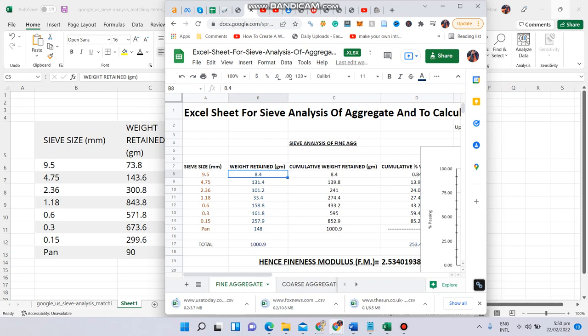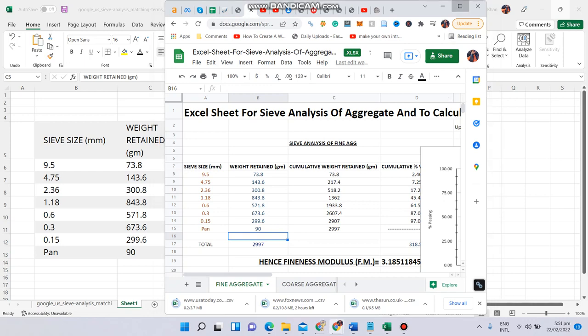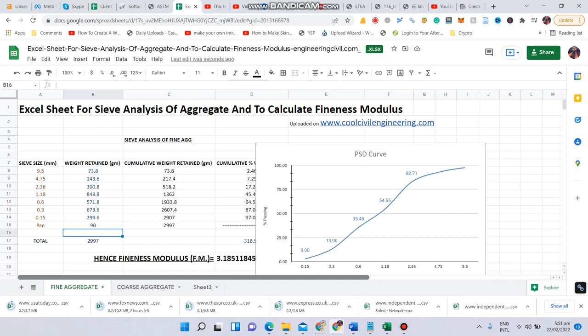So we have 73.8 on the sieve number, on the sieve size 9.5. Then we have 143.6. Then we have 300.8. Then we have 843.8. Then we have 571.8. Then we have 673.6. 299.6 and then 90. Okay, so here you can see it has calculated